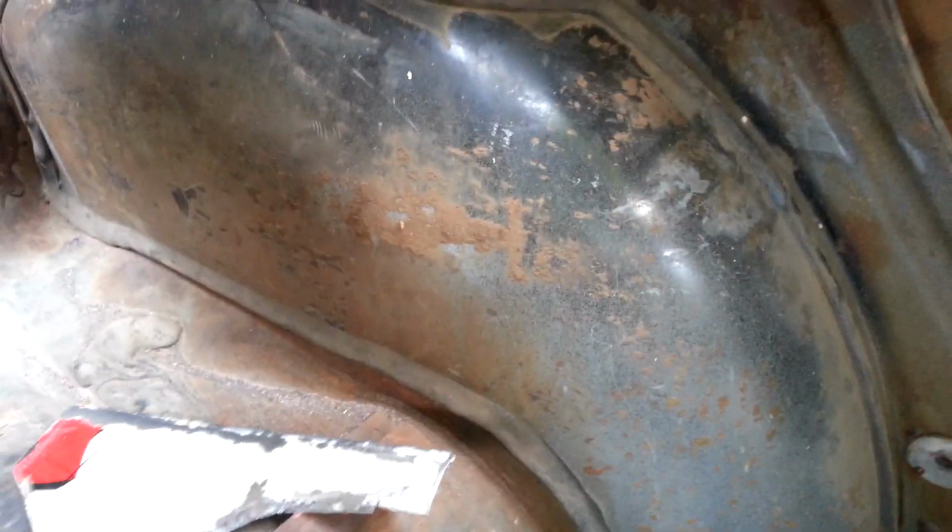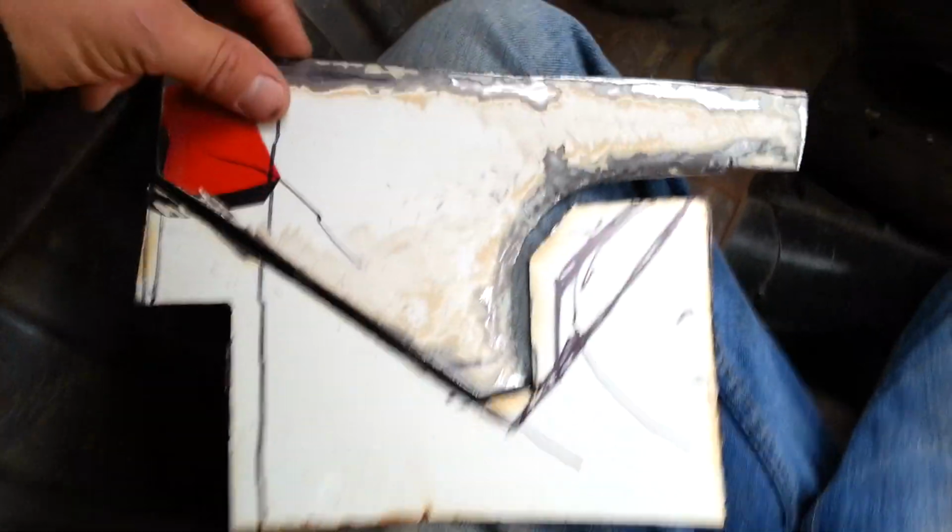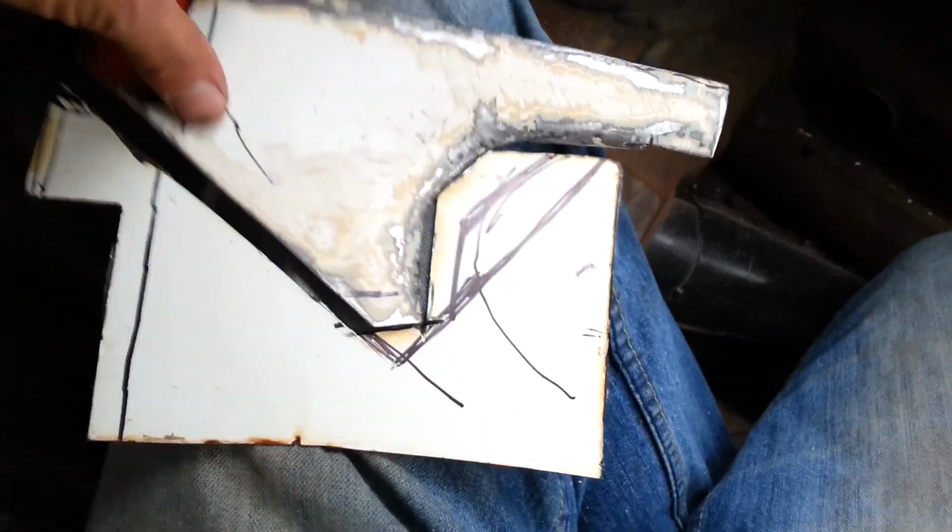To do this, I was looking around. I had a lot of scrap pieces, big pieces laying all over the place, but nothing that was going to fit it really well. So what I did is I just took a bigger piece. It was something like this, just a big flat piece. You can see this was from the roof. Really didn't have much of a curve to it. I just completely flattened it out and drew on it and kind of traced out what I was looking for